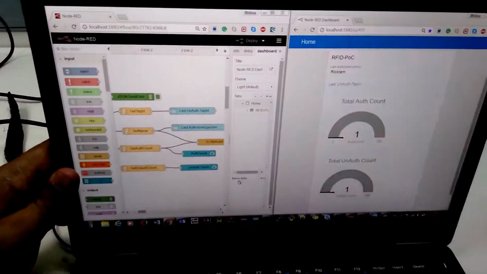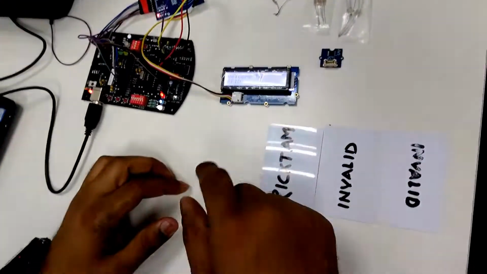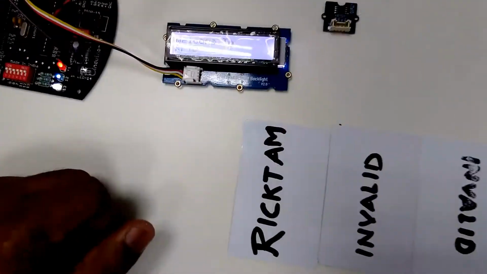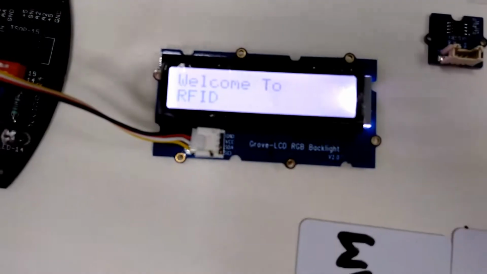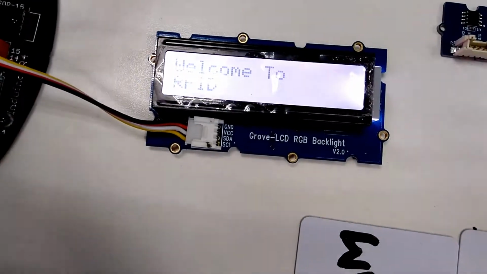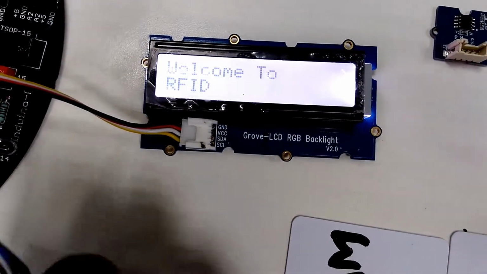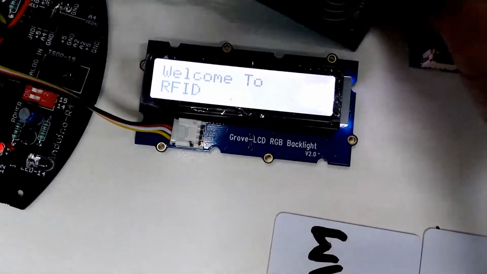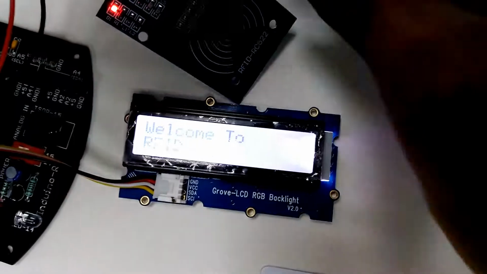Okay, so now let's check with the LCD first. As you can see, on my LCD it is written initially "Welcome to RFID", and this is my RFID reader.